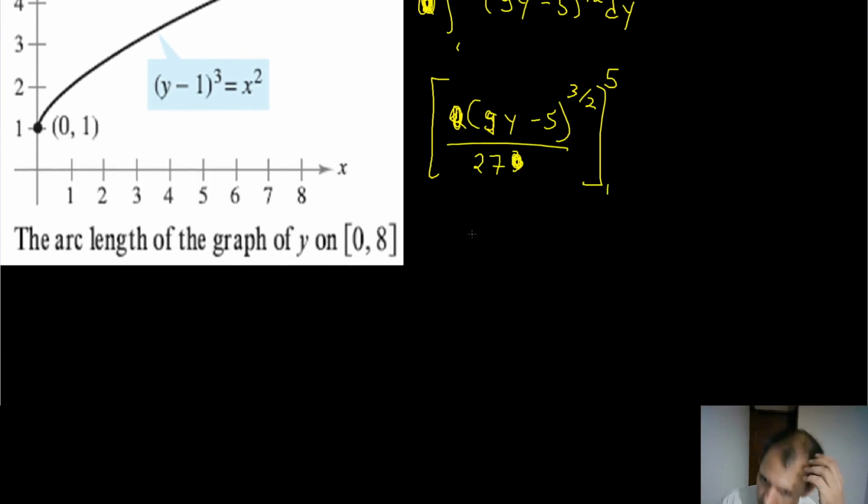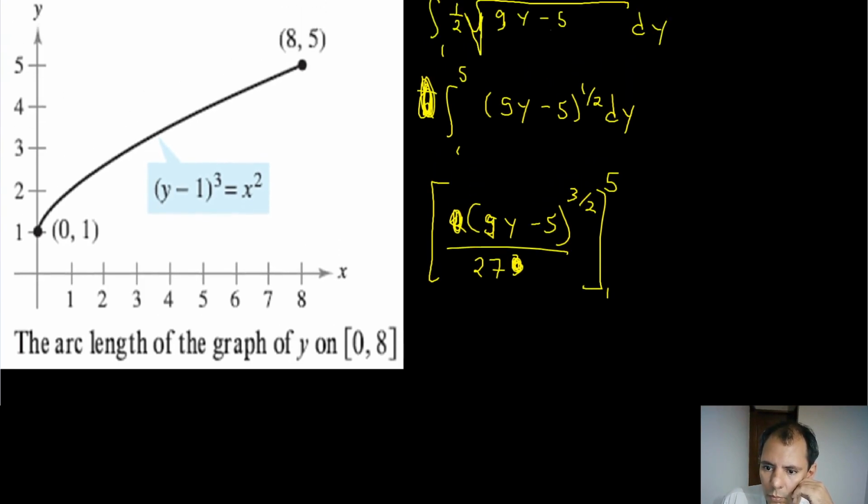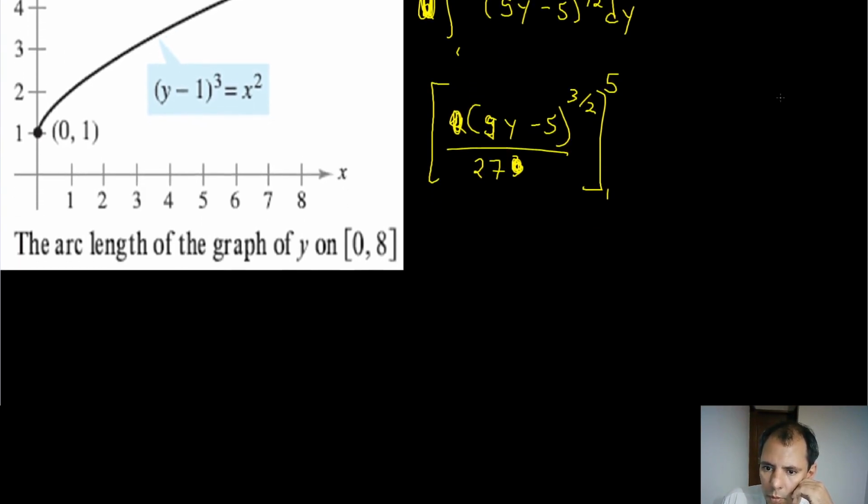It'll be 9 times 5, which is 45 minus 5, 40. And there's something else too, it's to the 3/2. So it's going to be 40 to the 3/2 over 27